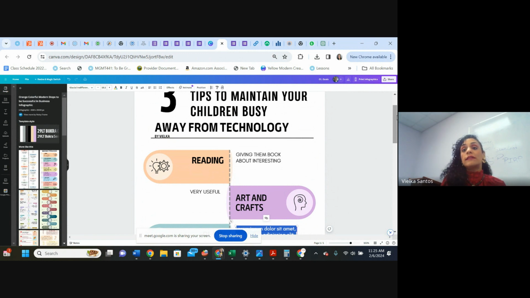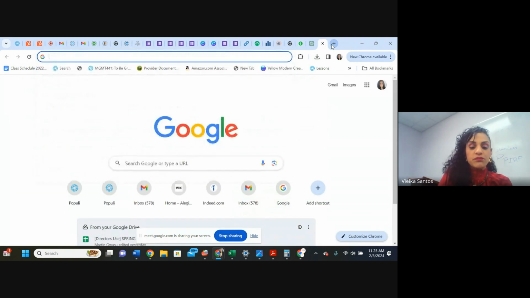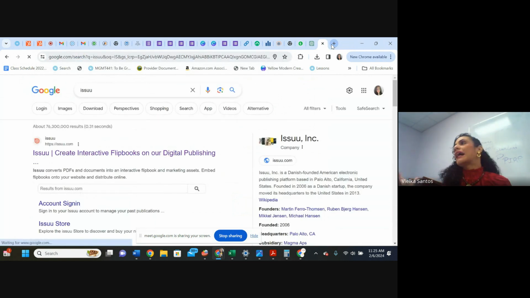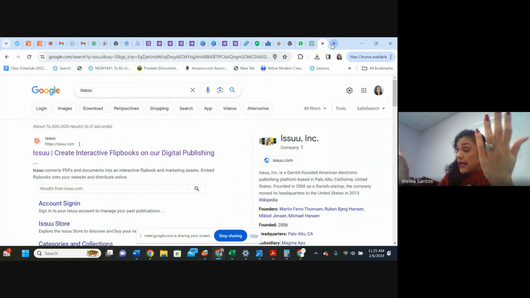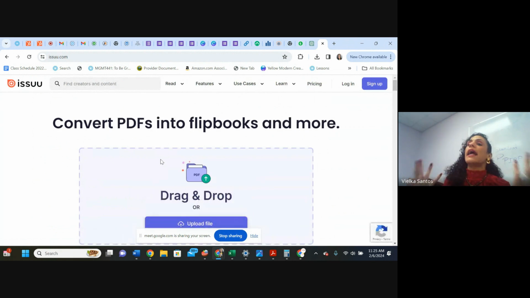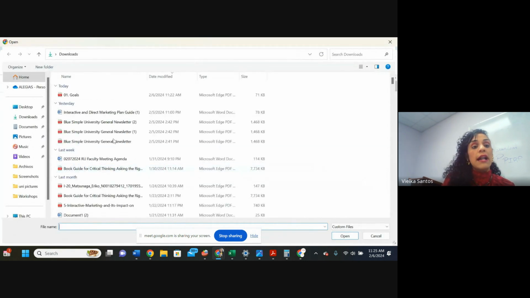So another thing, another zero. Well, it's not completely $0, but it's kind of useful. Issuu. Once you have your catalog created in Canva, or any other tool you want to use, you can use your friend here, Issuu, a free $0 tool that you can implement in your business project.